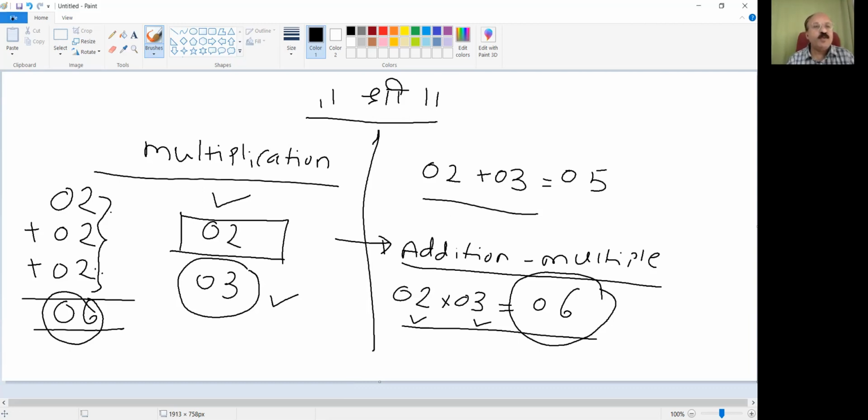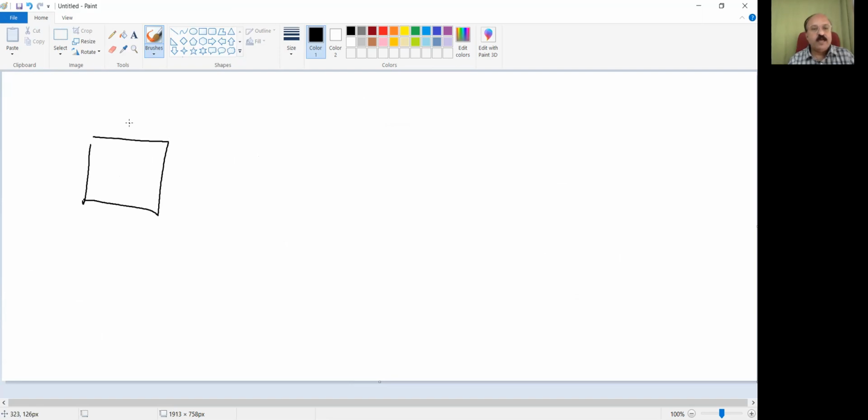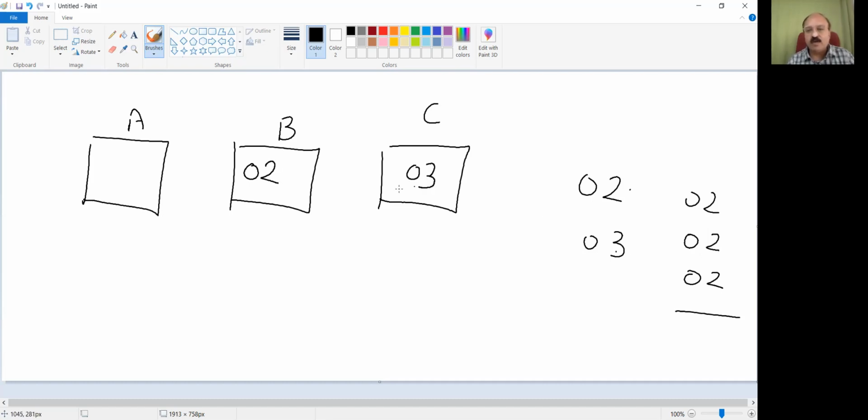So now if you see our register status, we have the accumulator, register B, and register C. Now what we have to do? We have to multiply 2 and 3. Multiplying 2 and 3 is nothing but adding 2 three times. So I will use the B register to store the first number and the second number as a counter in C. And then I will add A and B three times.